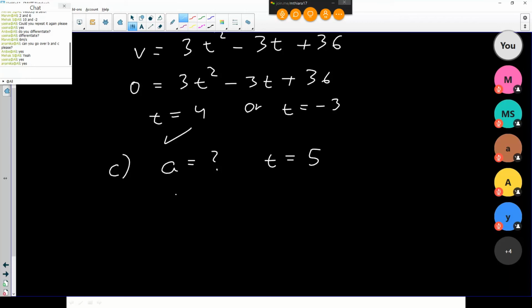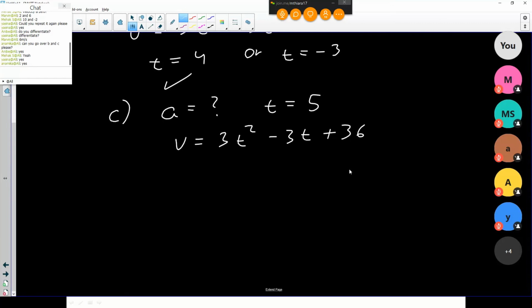So far I know that v is equal to 3t squared minus 3t plus 36. How am I going to get the acceleration from here? Well, acceleration is the differentiation of v from the first slide for this exercise. So if I differentiate this, I get